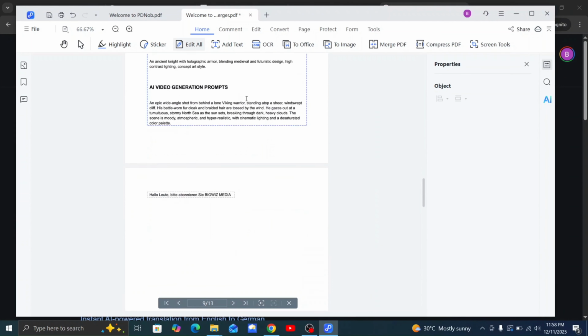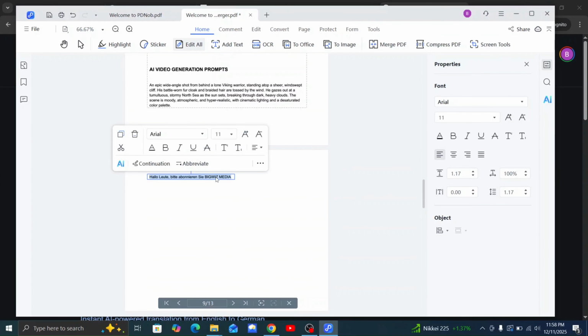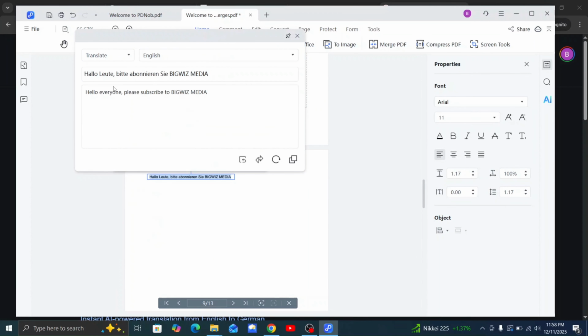With the AI tool, you can translate any text from other languages to English. So that's what I'm going to do. I have this German text here, Hallo Leute, so I'll select all, click on AI Tools, and click on Translate. It is going to translate it for me. As you can see,